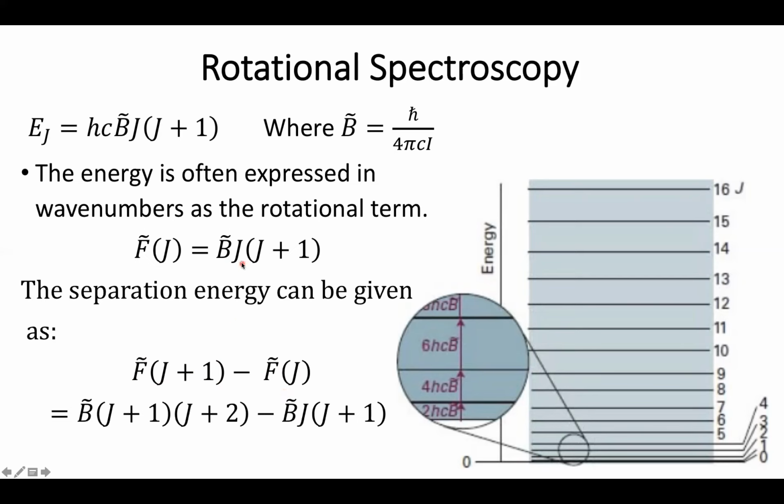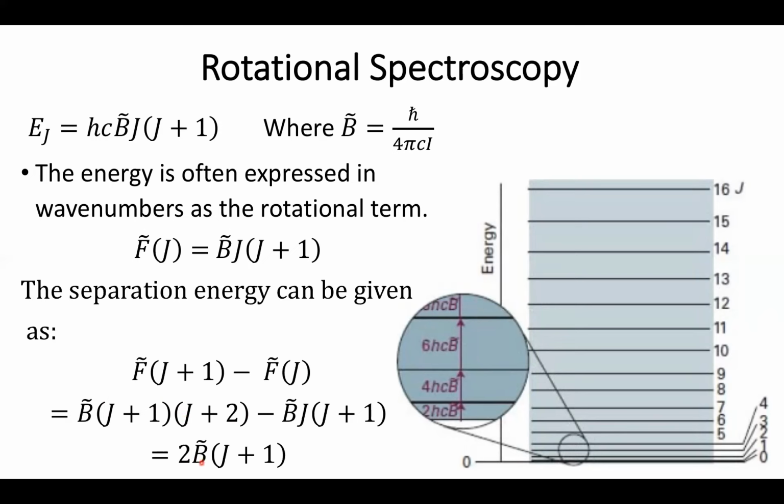Now, you'll note that on this first term, J now becomes J plus 1, and J plus 1 now becomes J plus 2. And then we subtract out our basic energy term. In order to simplify this equation, you are going to need to do some distribution of this first term, and when you do that, you will notice some cancellation of terms. It turns out the resultant energy separation is kind of elegant. It's simply going to be